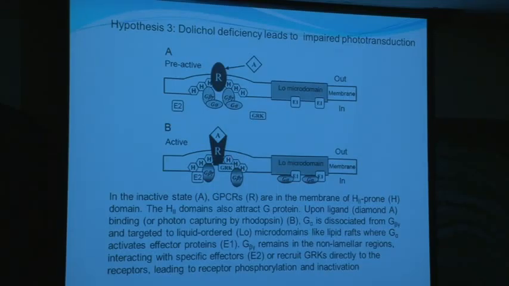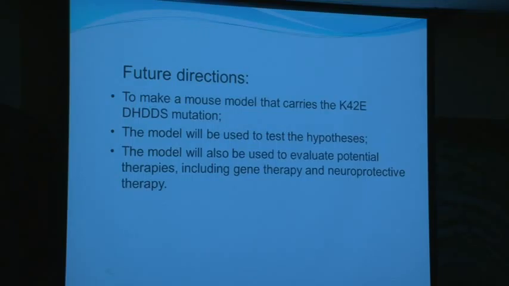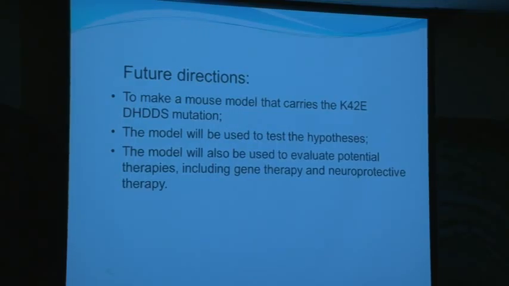So we think, that's the conclusion, that it's very unlikely that the problem caused by the DHDDS mutation is glycosylation. Rather, we think it's dolichol deficiency, the free dolichol deficiency, rather than glycosylation deficiency. And the unique membrane metabolism of the photoreceptor outer segment is the key to making them vulnerable to dolichol deficiency. So for the future direction, what we need to do is to get a mouse model like Byron